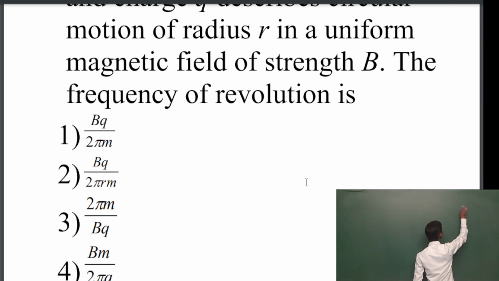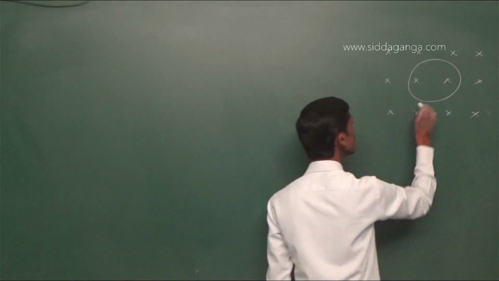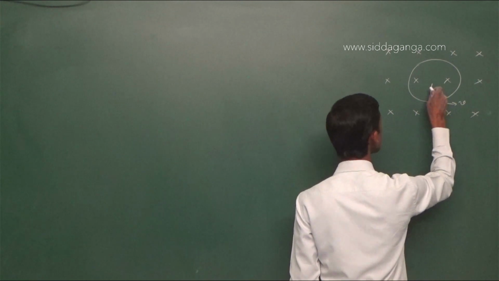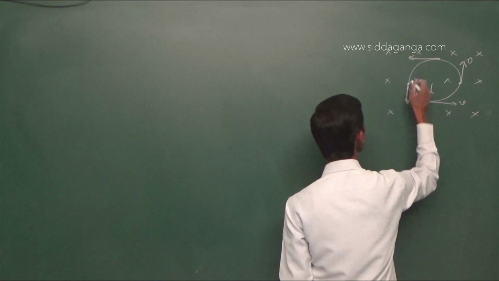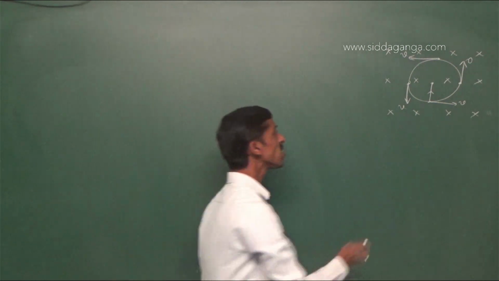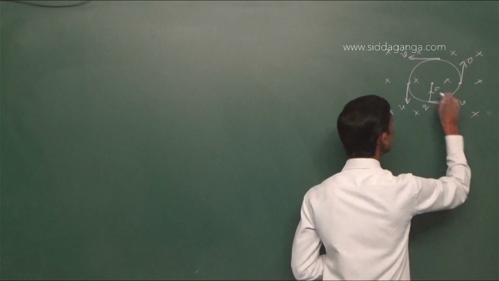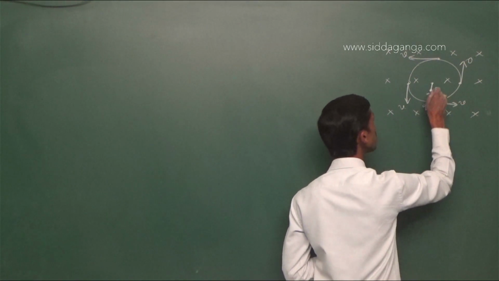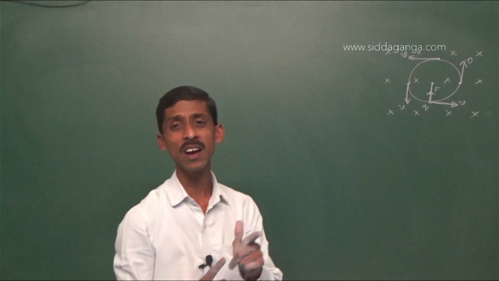When a charged particle enters into a uniform magnetic field perpendicular to the field direction, the path followed by the particle will be a circle. However, velocity and force are perpendicular. So the path of the particle will be a circle as the direction of velocity keeps on changing, right? The force experienced by the charged particle moving with a velocity v in a perpendicular magnetic field is perpendicular to motion. So motion and force perpendicular only in case of circle.